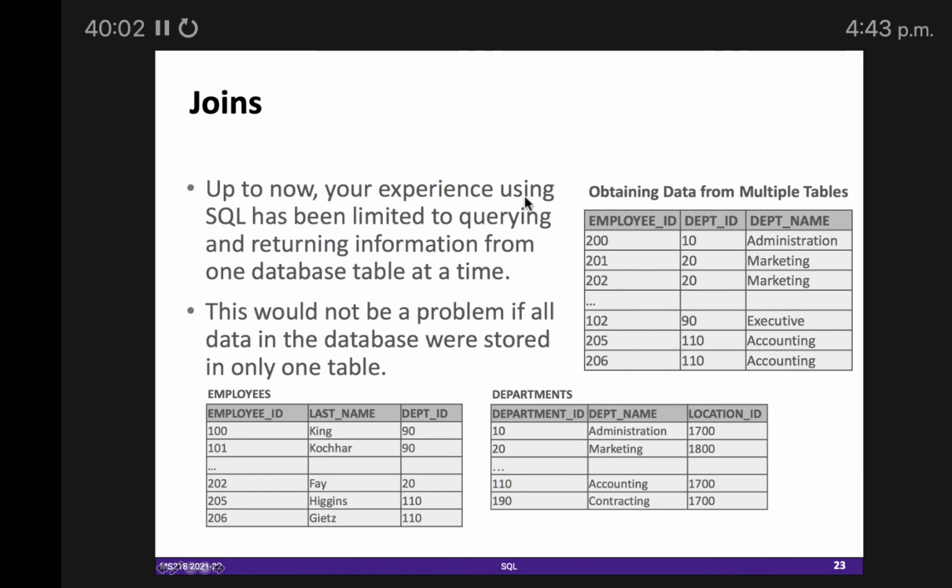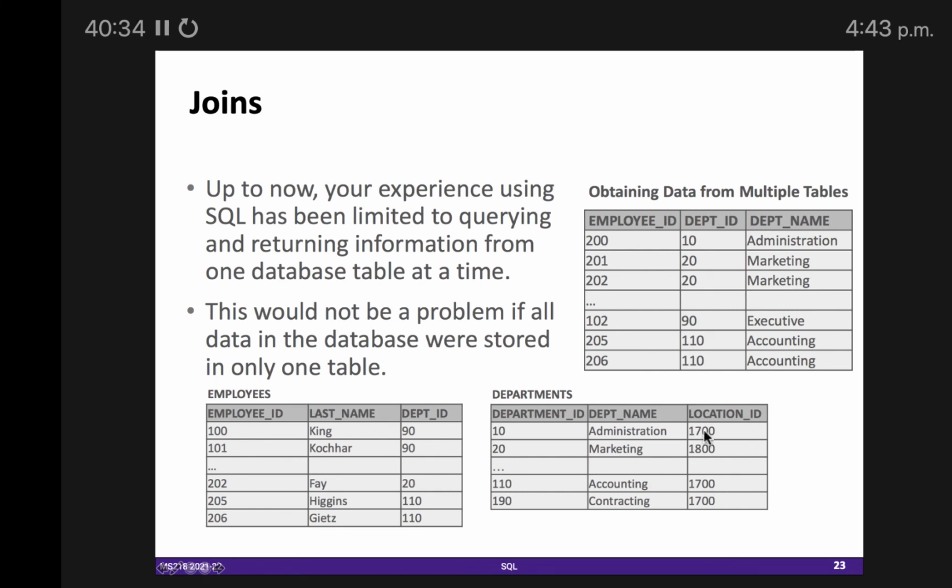So this joining is very similar to this process: for two tables, you have to provide criteria, that an attribute of one table would be equal to an attribute of another table. It will do the matching and bring the matching rows for you. Because for 110, it will easily tell you its department name is accounting and then the location ID is 1700.